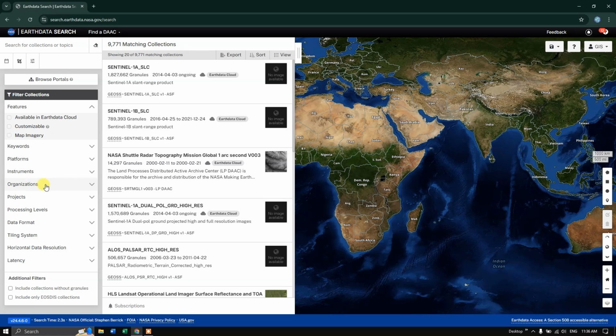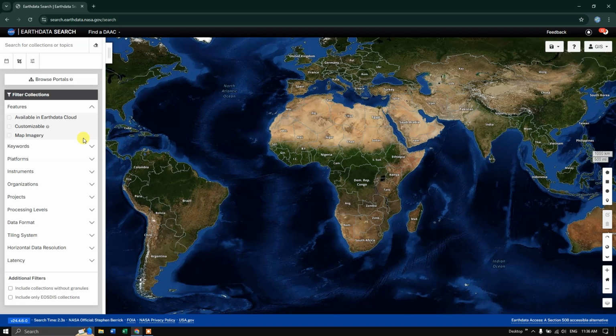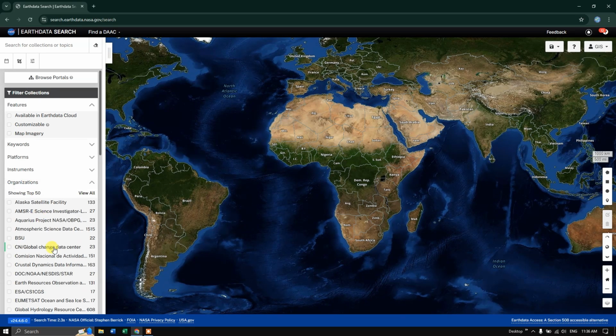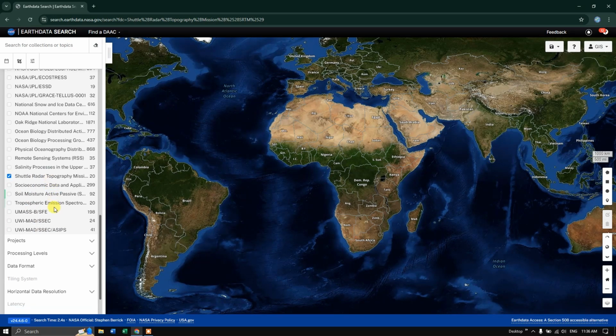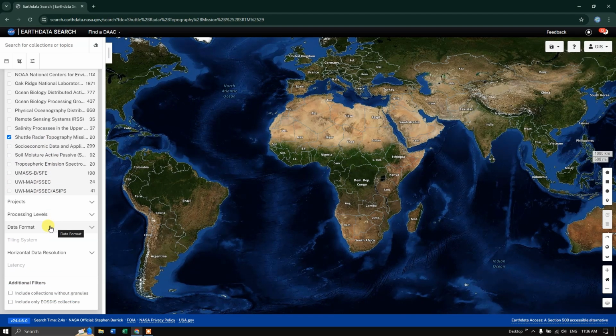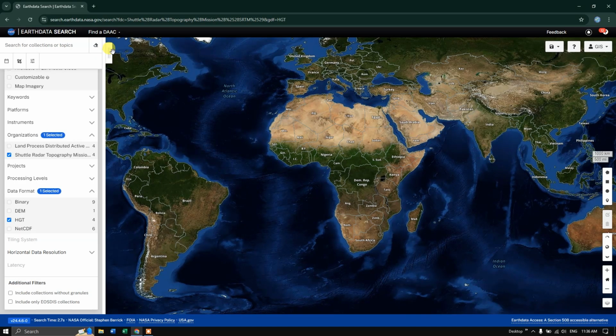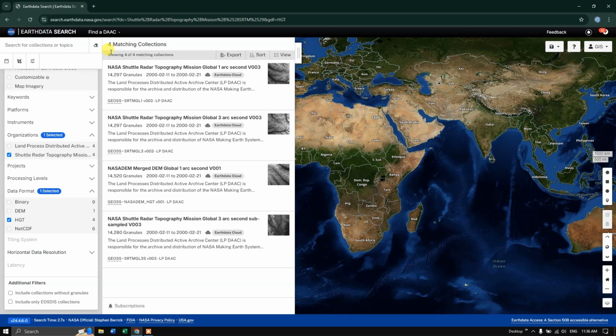So now let me collapse this and go to the organization, and here come down and you can find Shuttle Radar Topographic Mission. Select it. This is called as SRTM. So after selecting SRTM, you just have to come down to data format. Here I am going to choose HGT. Click on it, and once again click on the expand panel so that the available data will be filtered and